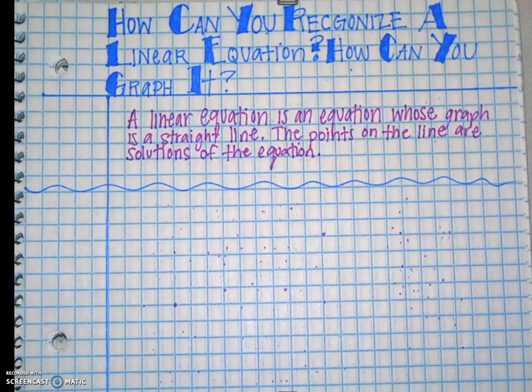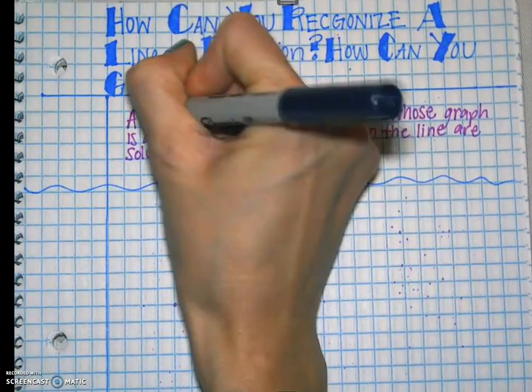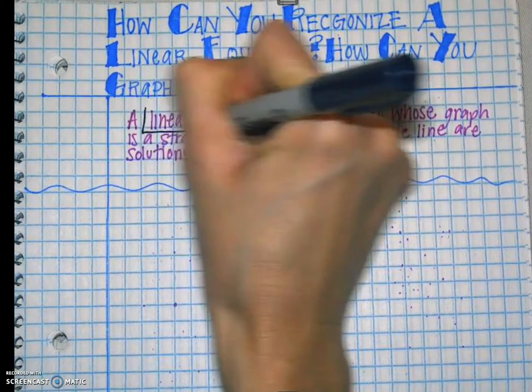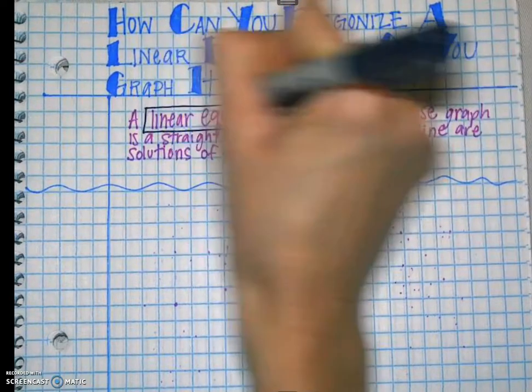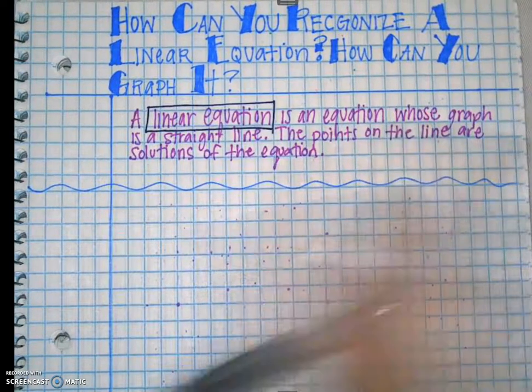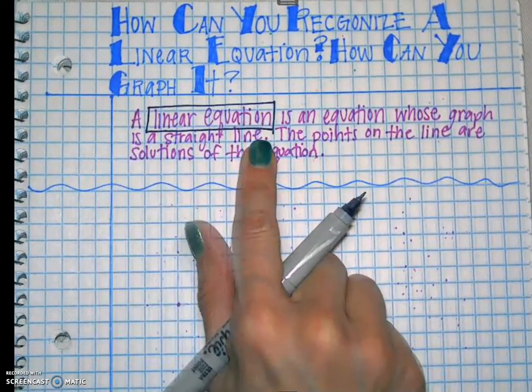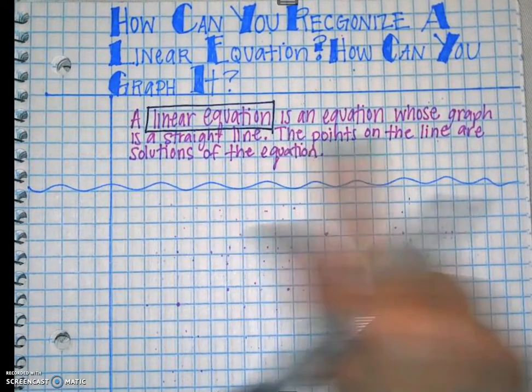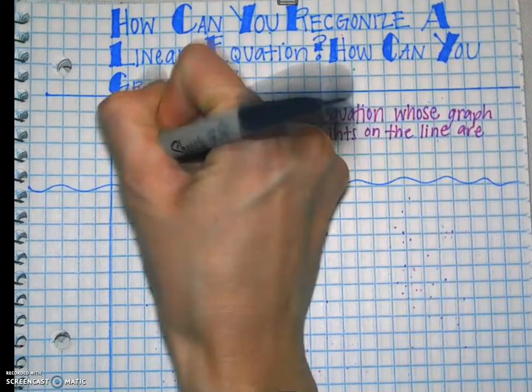A linear equation is an equation whose graph is a straight line and the points on the line are solutions of the equation. So I'm just going to put a square around the two vocab words. So it's important to know that a linear equation is an equation whose graph is a straight line. And it's also important to know that the points on the line are solutions